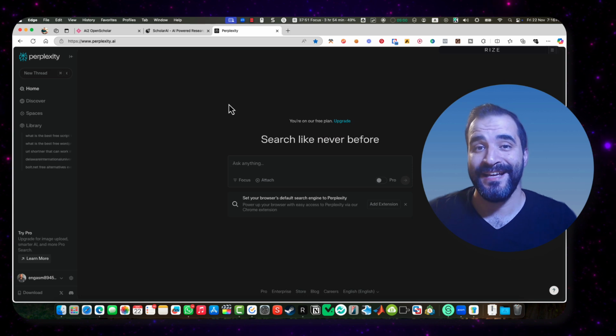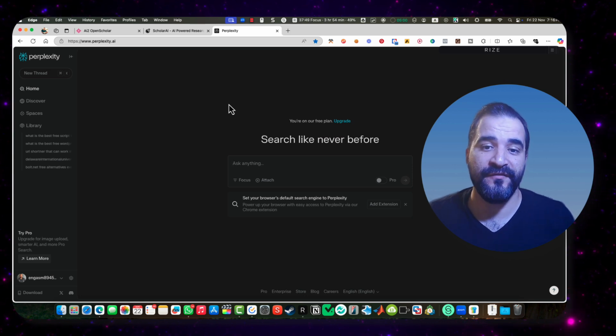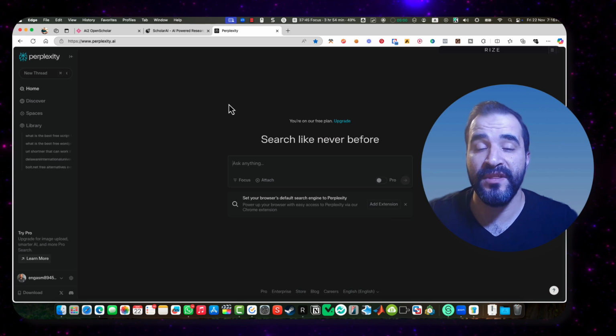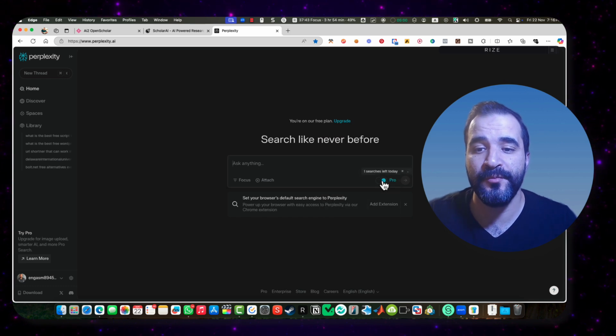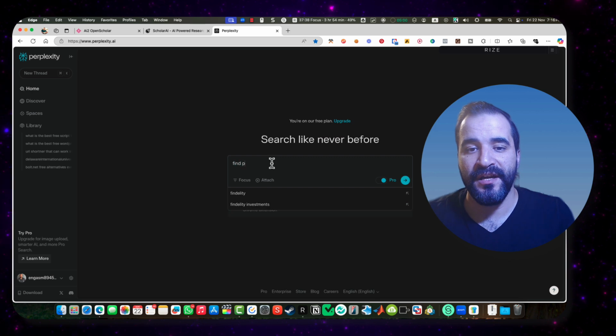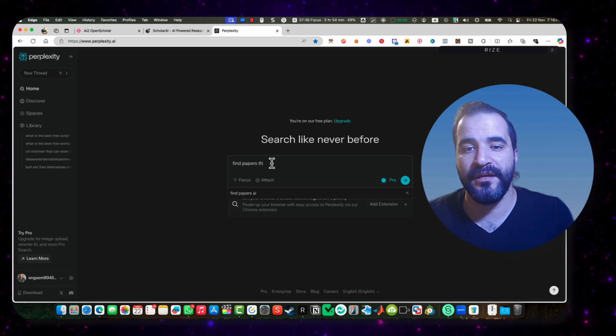And the third platform that I recommend is Perplexity.ai, which is again another platform. It's like a search engine that uses AI. And with the free version, you can enable the Pro right here on the right, and simply find papers that are recent